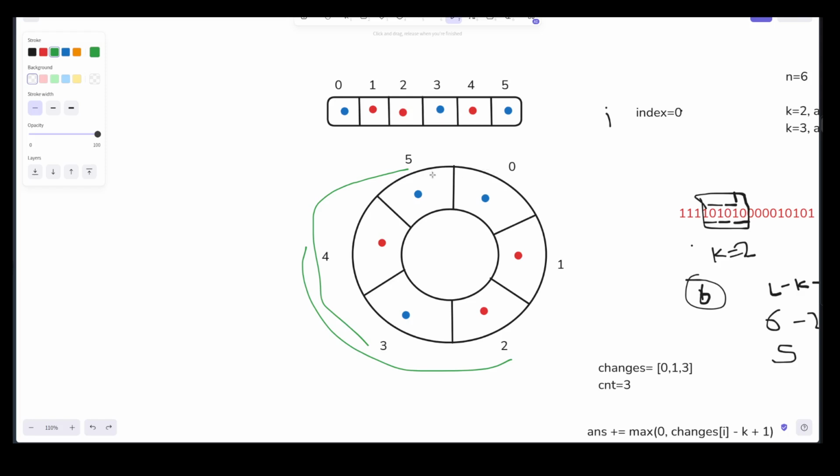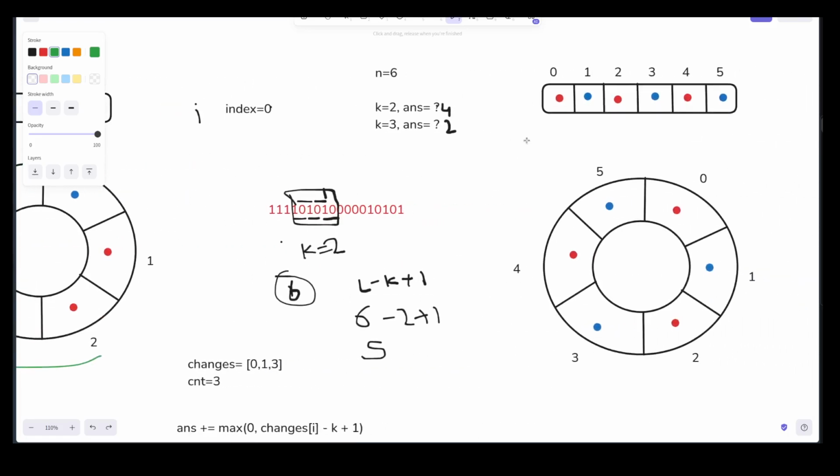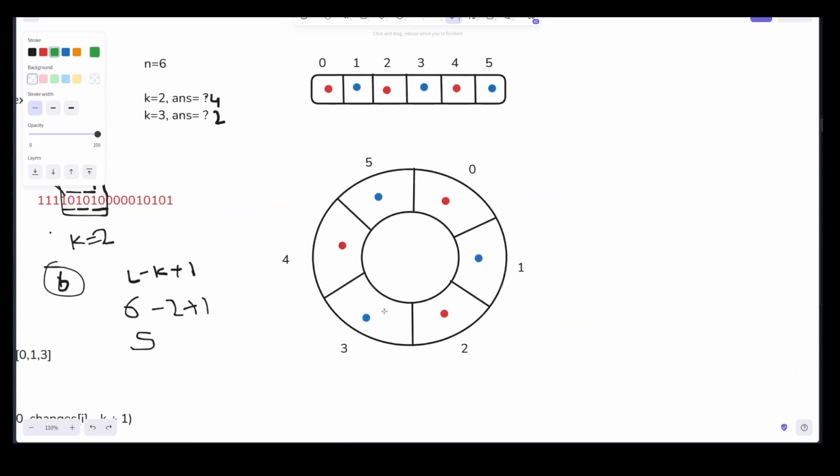So we need a limit over here, but in this case we have a limitless option. The size of the k value doesn't matter over here, because we can reuse the previously used elements, which are alternating. So what I mean by that is, let me say my k is 2, so this would be